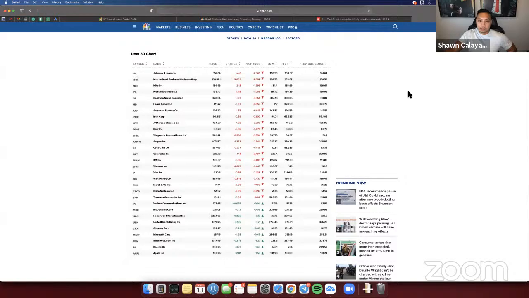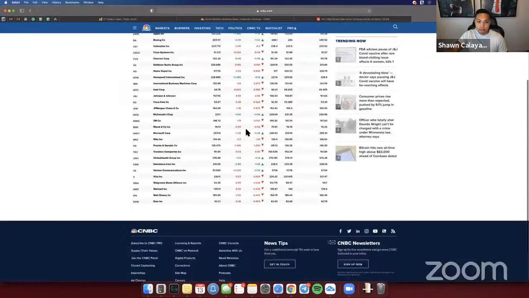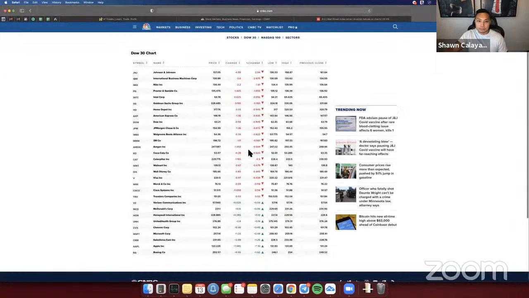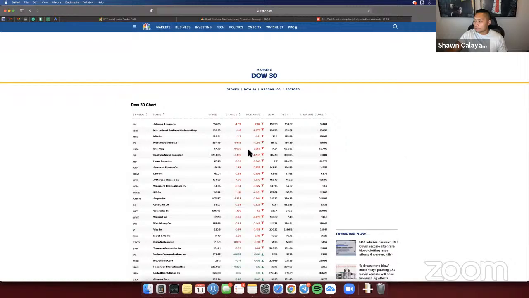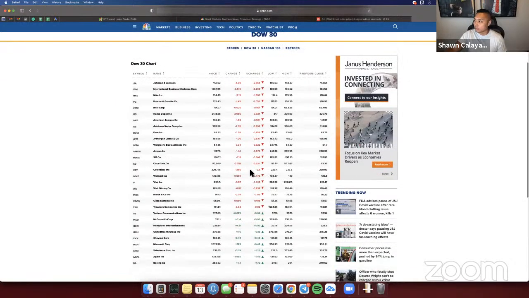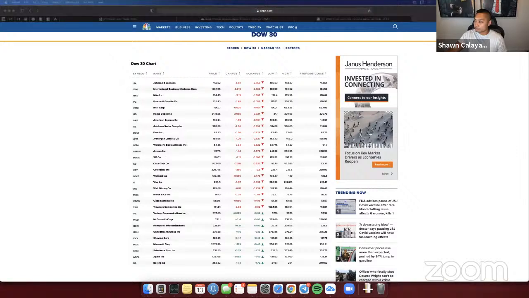It's weird here because the Dow 30 is pushing up, but look at all the stocks here. They're all going down, right? Like literally all the stocks here are going down, but it's still pushing up. So we'll see how this other one plays out. I'm still in the other position, so it's all good. We just took a small loss off the other one, and then the other scalp is still currently open right now,